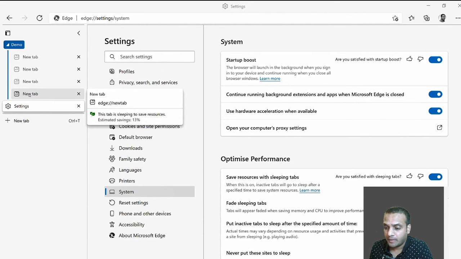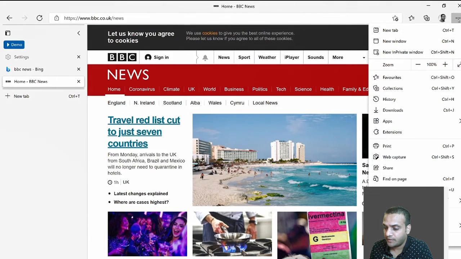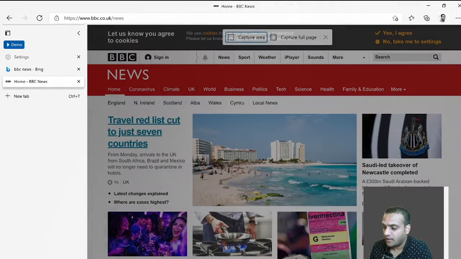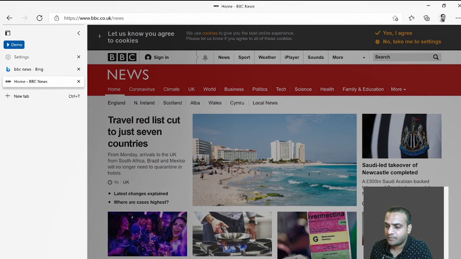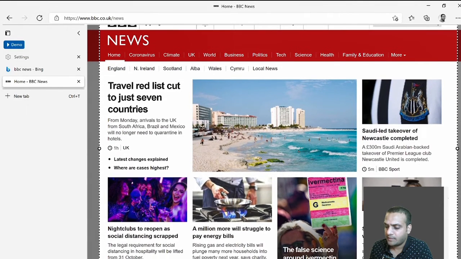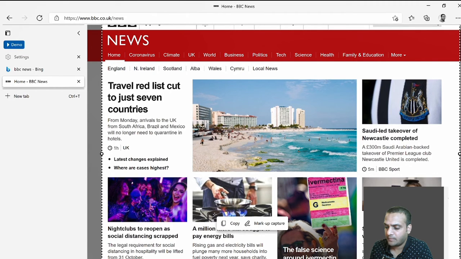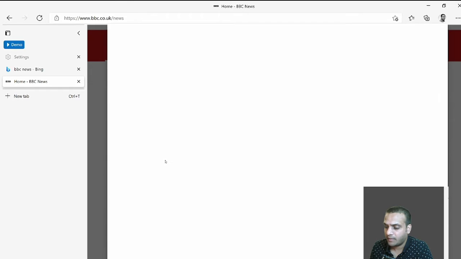Yep, so that's about sleeping tabs, and the next functionality to show is web capture. What does web capture do? It's where you can take a snapshot of a website. So let me do it. I take a snapshot of the website, and if I right click, I can Markup Capture. If I click Markup Capture,